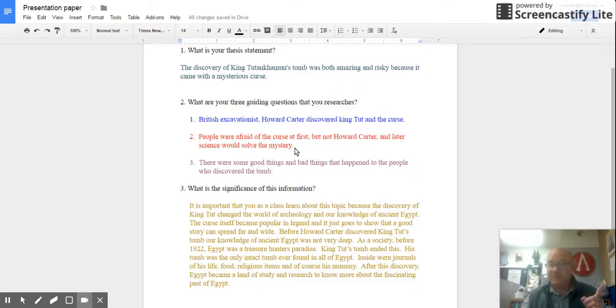If I talk up here about people were afraid of the curse but not Howard Carter, and later science would solve it, I better know how science proved it wrong. I better know why Howard Carter was not scared of the curse, and you better explain why people were afraid of this curse. And third, if I say several good and bad things happened because of the tomb, you better tell me what happened that was bad, and you better tell me what happened that was good,